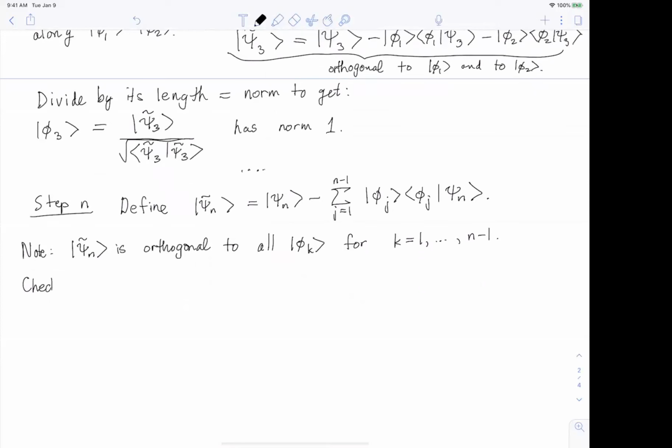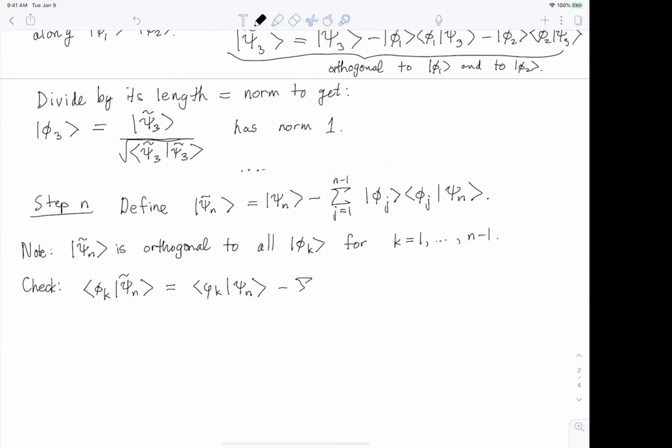Let's just write out why that's true. Suppose I take the inner product of phi sub k with psi tilde n. There's one term from here, which is the inner product of phi sub k with psi sub n. And then there's this term from the sum here,